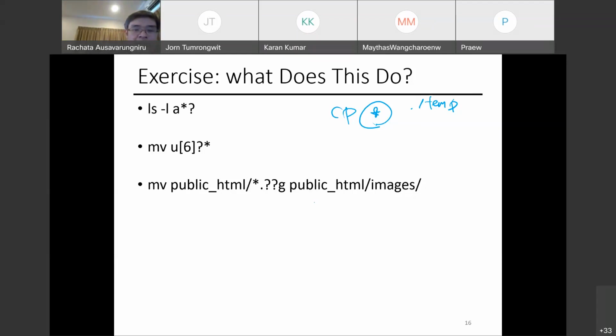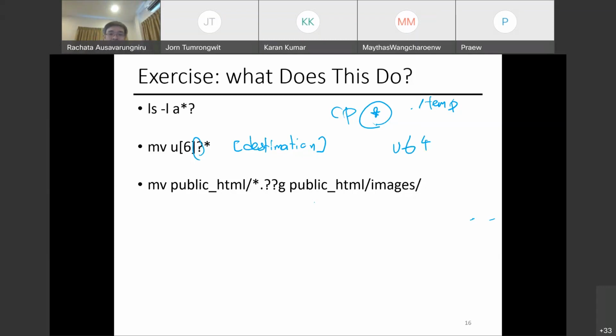And then here, sorry, one thing, I forgot to put in the destination. My bad. So I need to do move U and follow by the destination, right? In this case, it's a file that starts with letter U. It's a range between 6 and 6. So it's U6 followed by at least one more letter. Why at least one more letter? I have question mark. Question mark means that it's going to match one character. So it's going to be U64. Star means anything, including nothing. So it can be U64, U645, U64567H, U648. Those would all match.